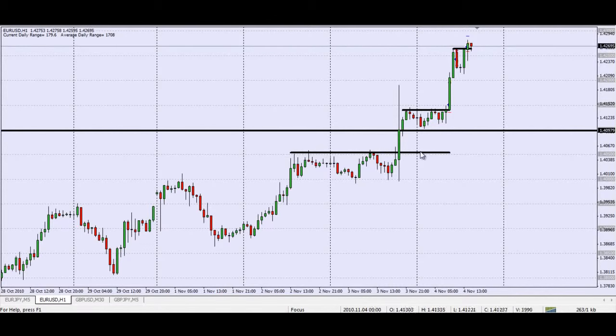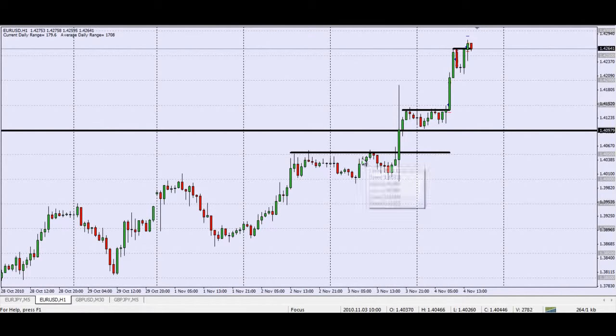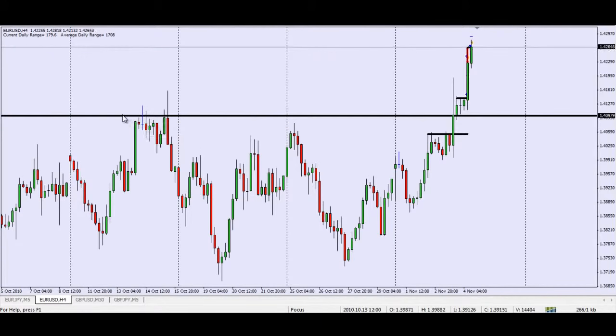First of all, I've marked some key areas of interest, recent key areas of interest. We have these highs here from yesterday and the day before, from Wednesday and Tuesday. We also have this intermediate high of a level of supply around 141 figure, and then when we go down,